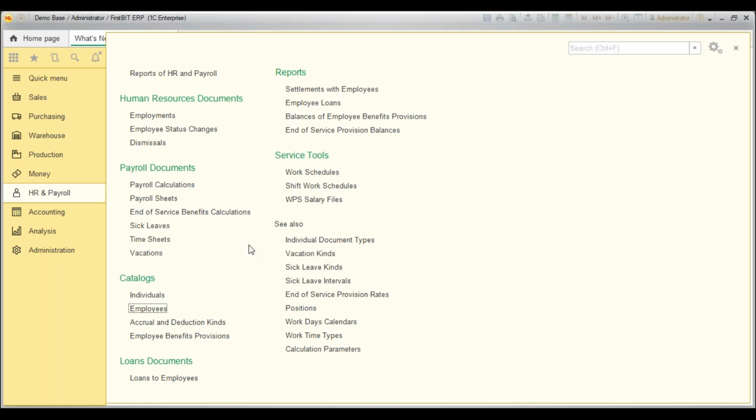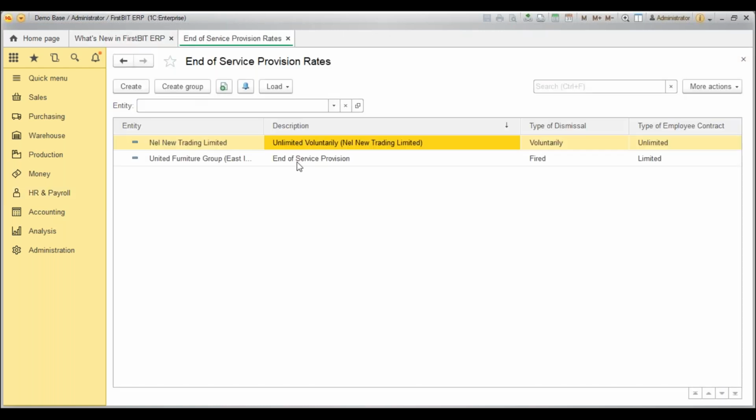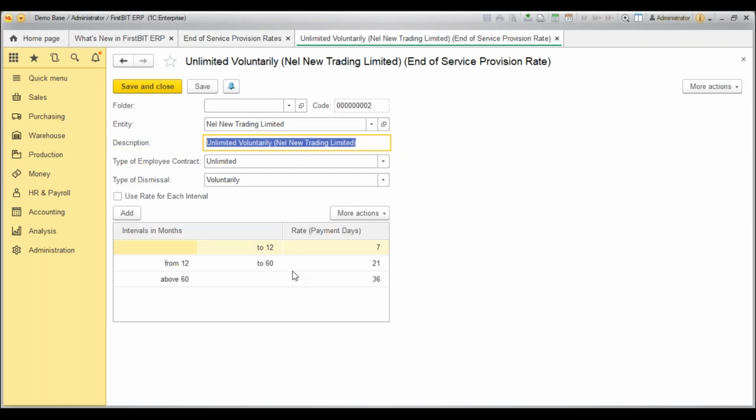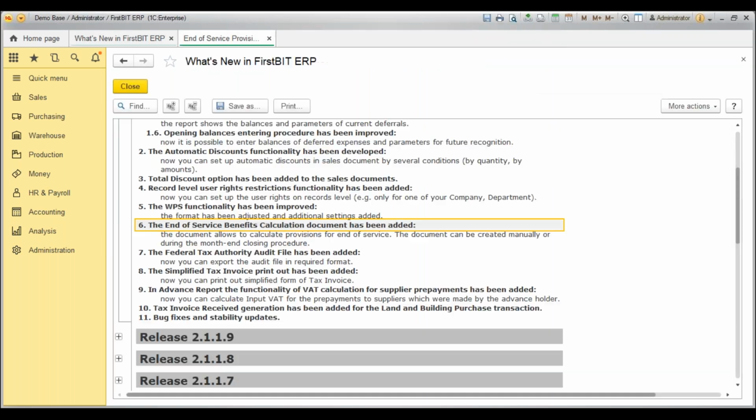Before that, the rate should be defined in the system. So check whether you have defined the end of service provision rate properly. As per the UAE labor law, for 1 year the employee will get 7 days gratuity. If they complete 2 years or 3 years, it will increase the payment days accordingly. So here you have to define this interval. Based on these end of service rates, when you are processing any employee payroll calculation,